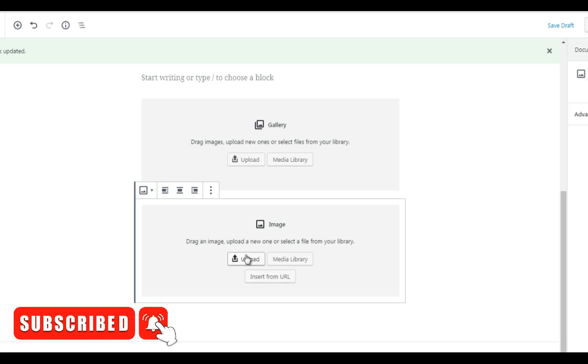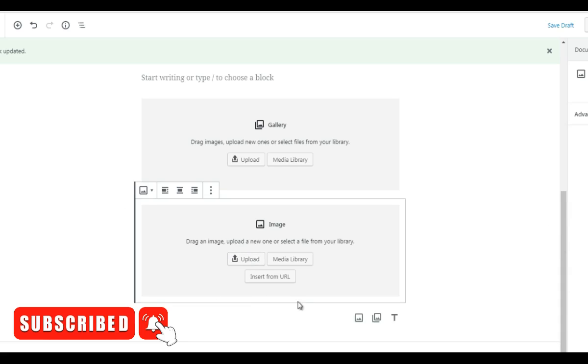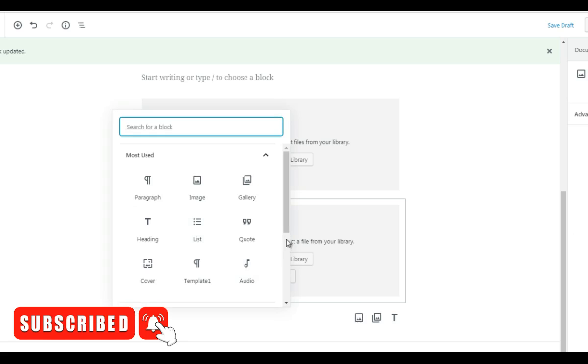So if you have an image that is already hosted, you can simply enter the URL here. So what's cool about Gutenberg is, as you can see, it gives you several different options. So there's not really just one way of doing things. There are actually several ways of doing things. Now, from a newbie standpoint, that might look complex because you might be thinking, why is this here? Why is this here? Why is this here? But the reality is it's trying to make things more convenient for you. So let's go further down, and we'll put this down here. We'll click plus.